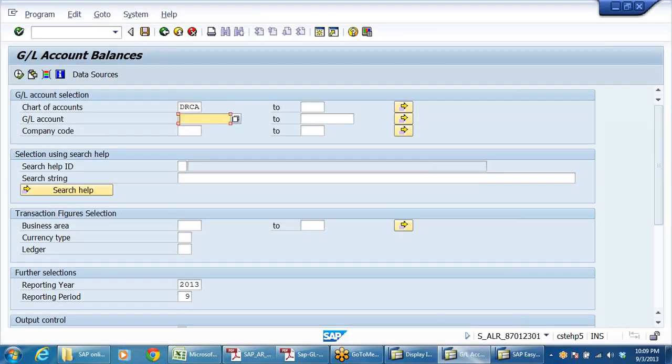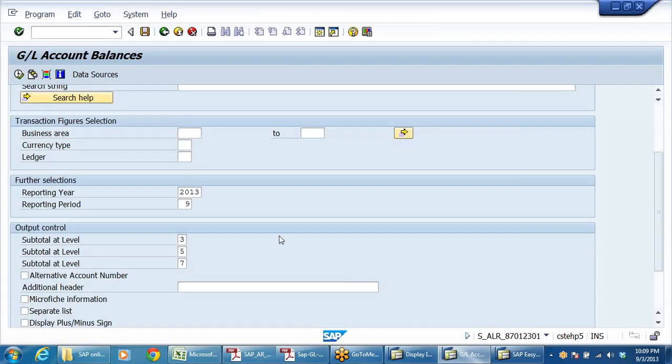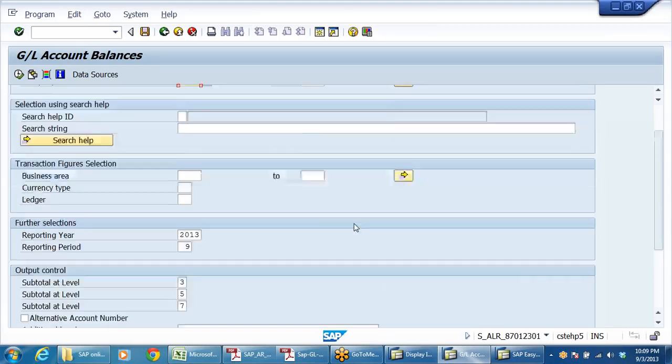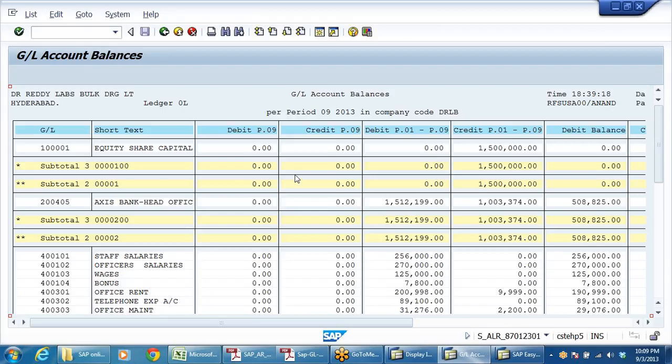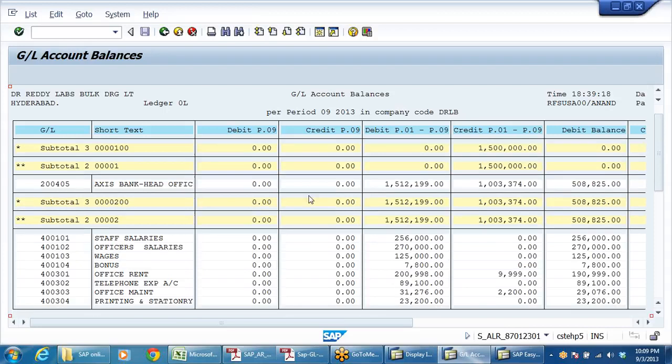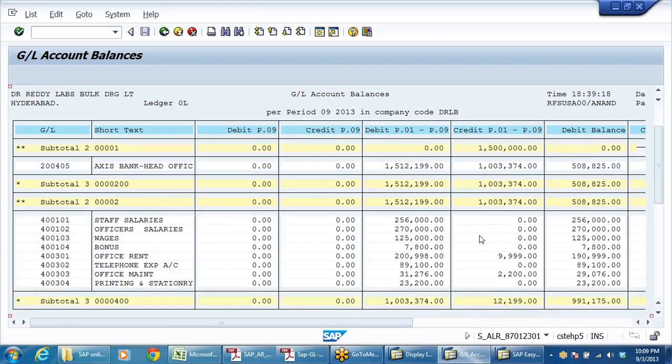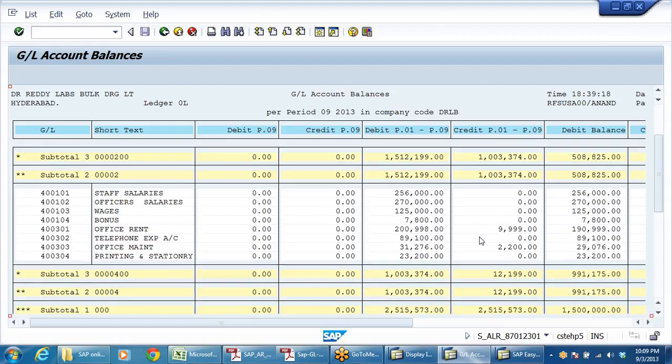Chart of accounts, DRCA, company code DRLB. Reporting year 2009, subtotal level. So it is showing only subtotals.